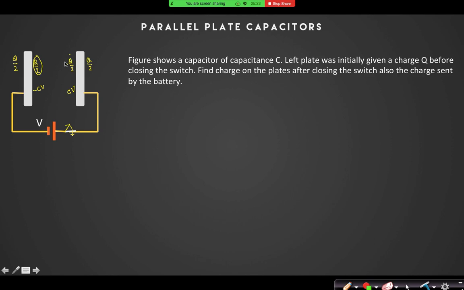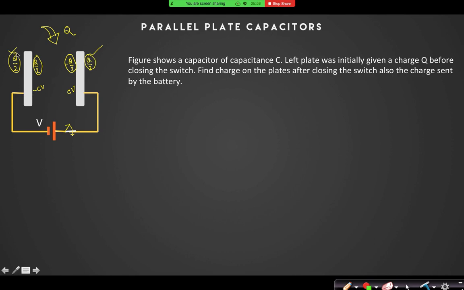What about that plus Q by 2 and minus Q by 2? They will no longer be there, right? But this plus Q by 2 and this plus Q by 2, they will be there, because if I now ask you that inside that system, what is the charge Q that I have sent externally? Q charge. So that is why the Q by 2 will be on the extreme faces only, right?